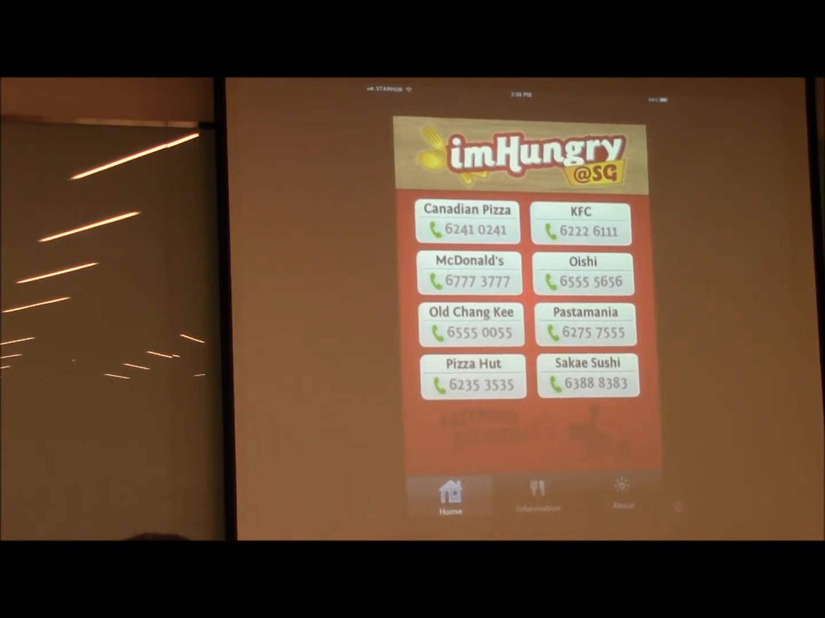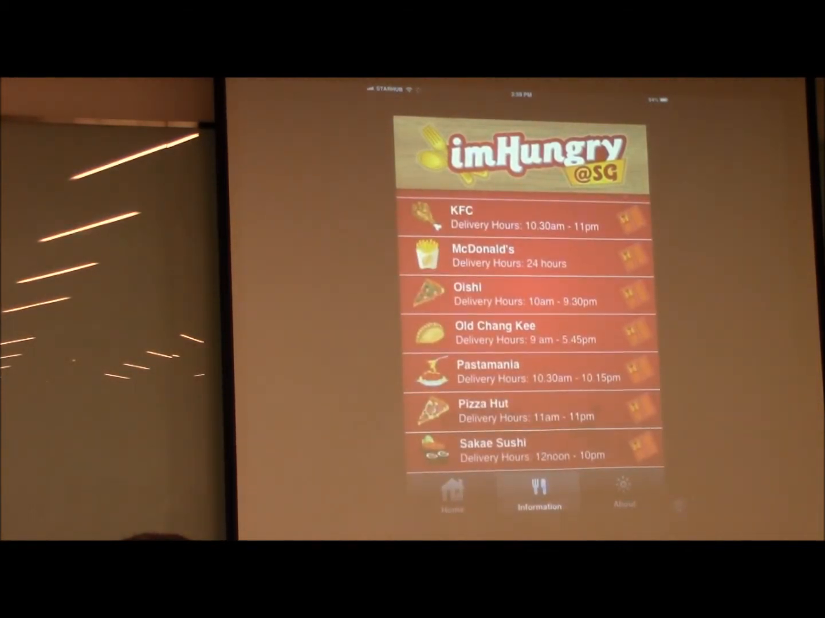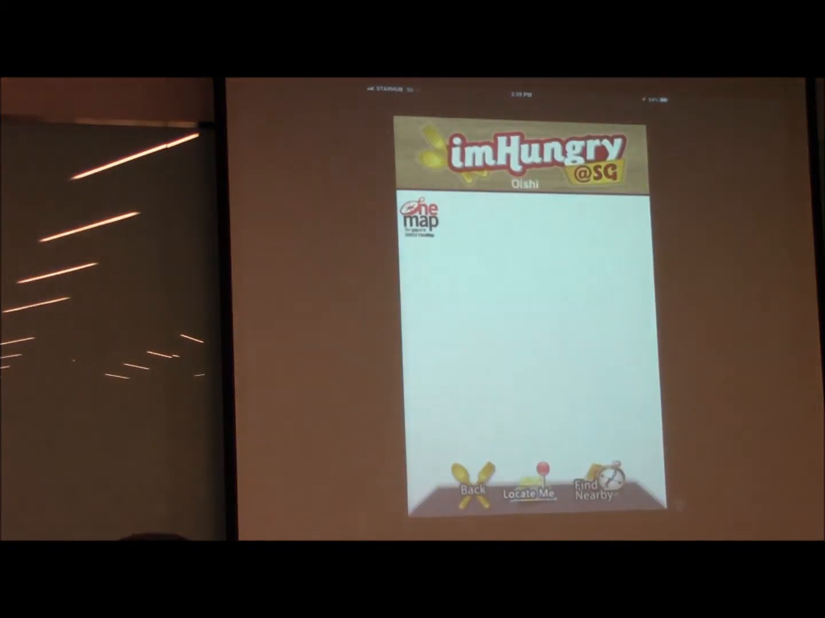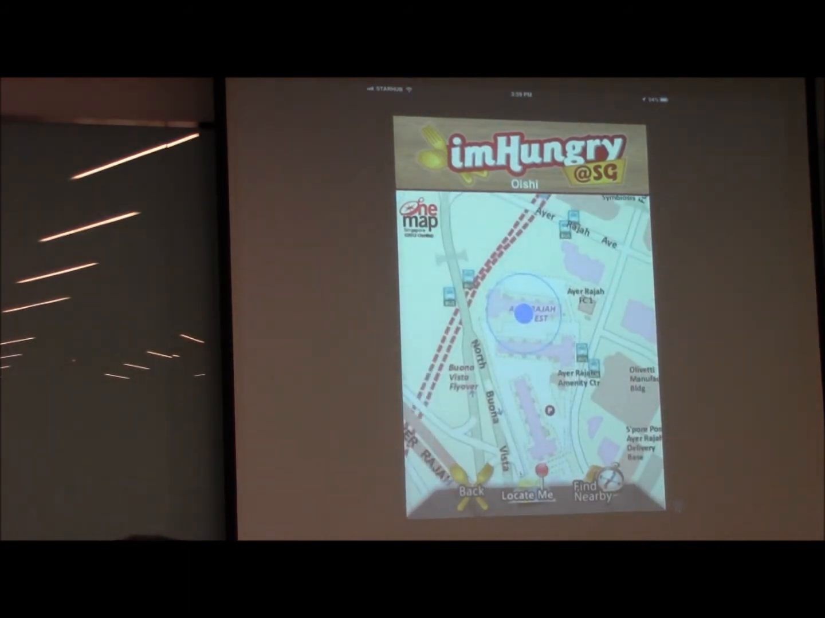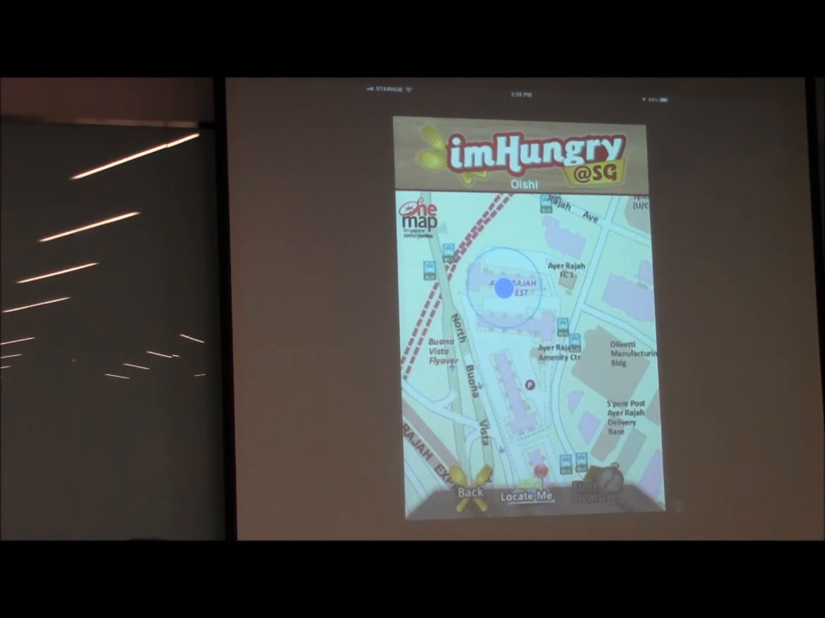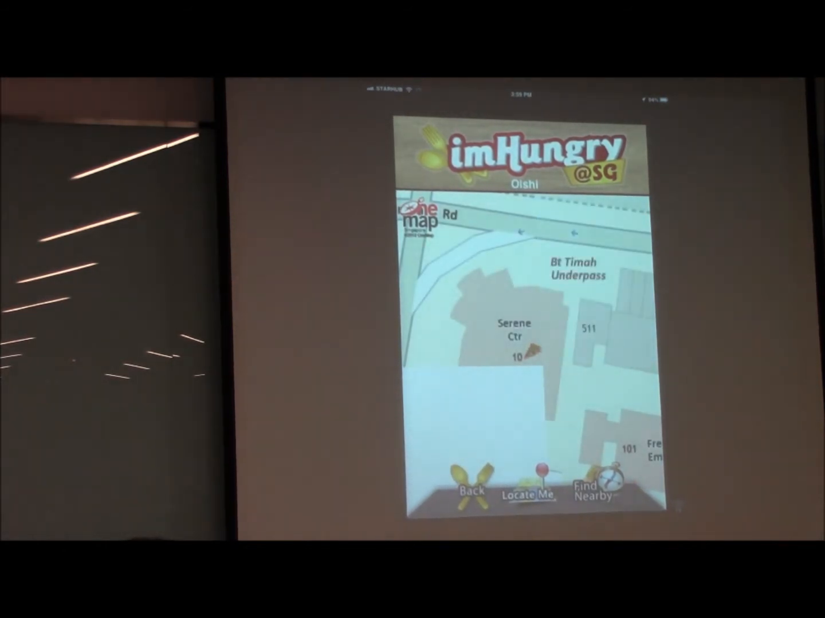the respective providers, and we put in information like the delivery hours for some of them. We put in one map to help you find, if let's say you want to dine in, you can use this app to find your way around. You're able to locate which are the outlets, and it allows you to route there as well. We use the routing algorithm